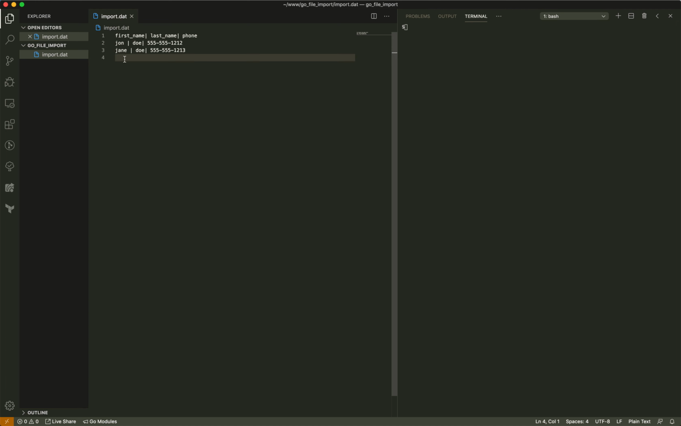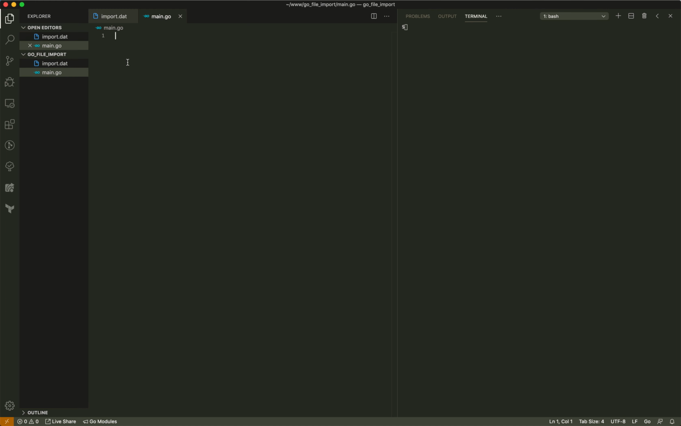I'm going to import this import.dat file, and all I want to do is spit it out to the screen, and then later in the next video we're going to import into a MySQL database. So let's get started with our main,